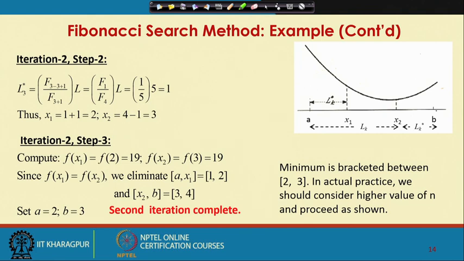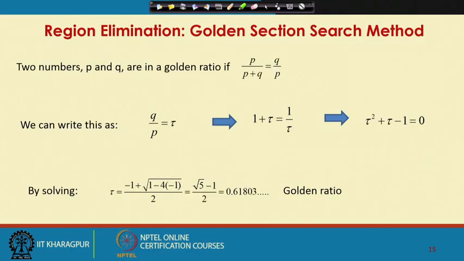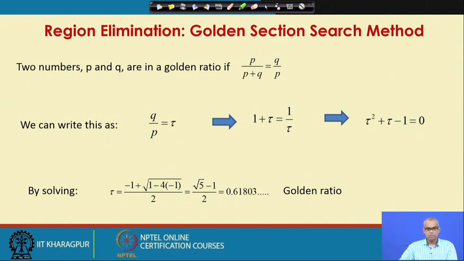In actual practice, we should consider higher value of n and then you can proceed as shown. So, this is the working of the Fibonacci search method. Note that one point is always obtained from the previous iteration. So, next let us move to the golden section search method. Golden section search method is another region elimination method which makes use of one point that is available from